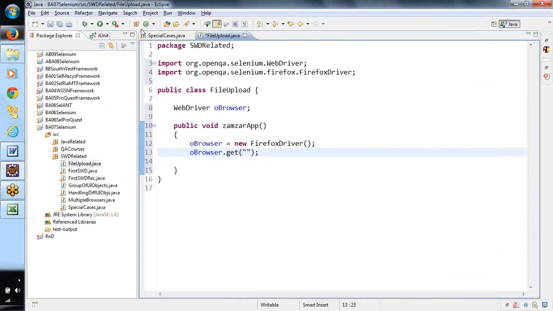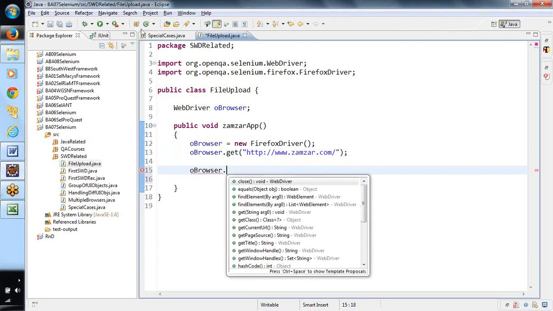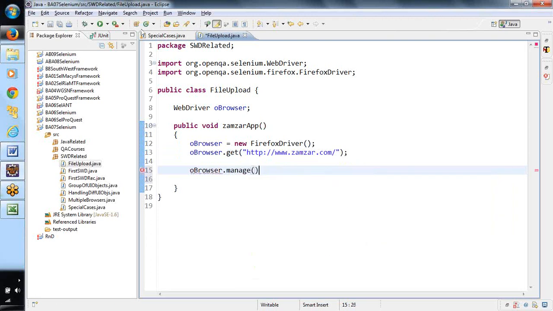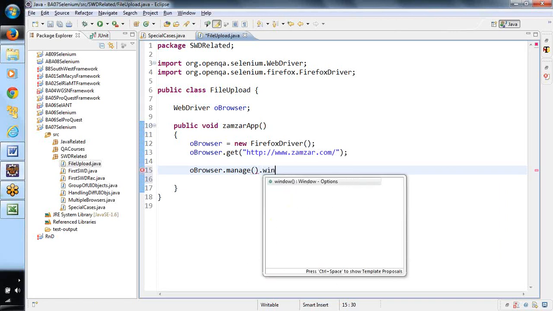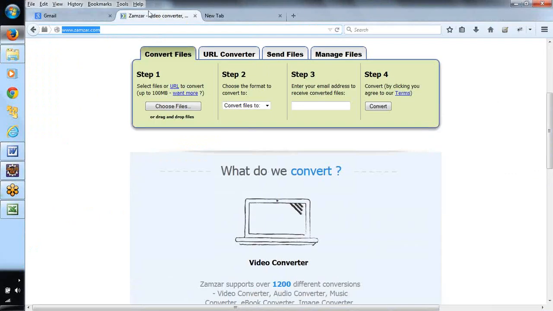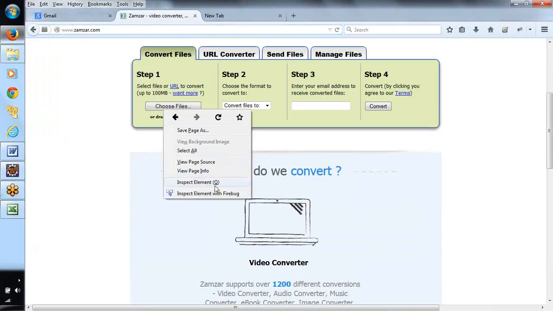And how to maximize the browser? We will be maximizing the browser, and then here we want to click on this particular button.